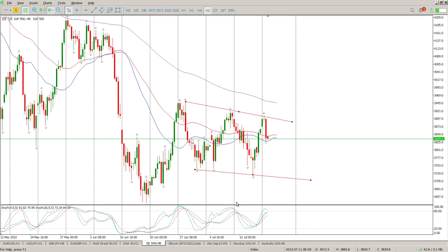My oscillators are starting to roll over. They haven't crossed over yet, but they are starting to roll over at the moment, which is indicating potentially a move to the downside, which would basically be back down to the bottom of this range, channel, or whatever you want to call it, but it's basically a consolidation area. So that's the outlook that we have on the higher time frames, and you can see rejection, little range bar